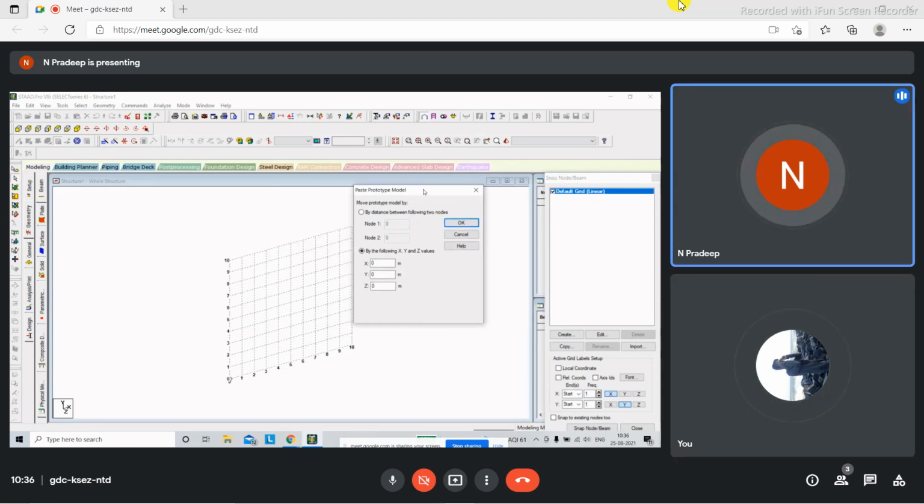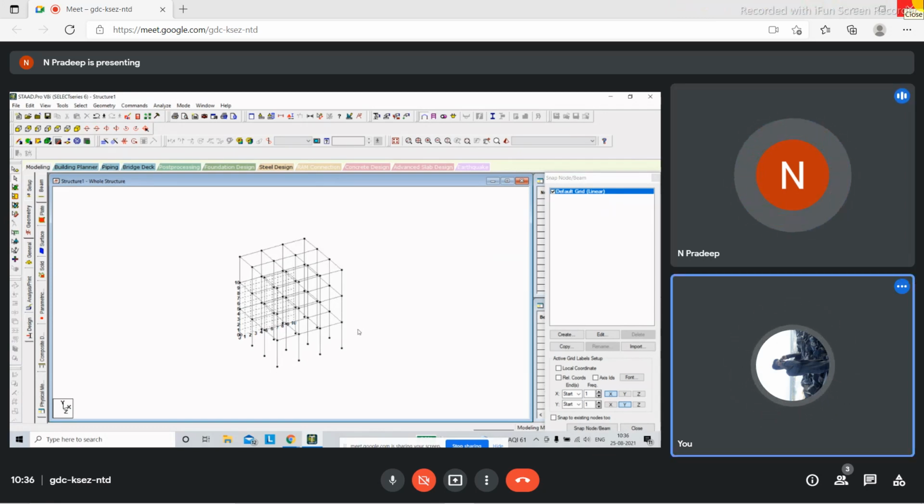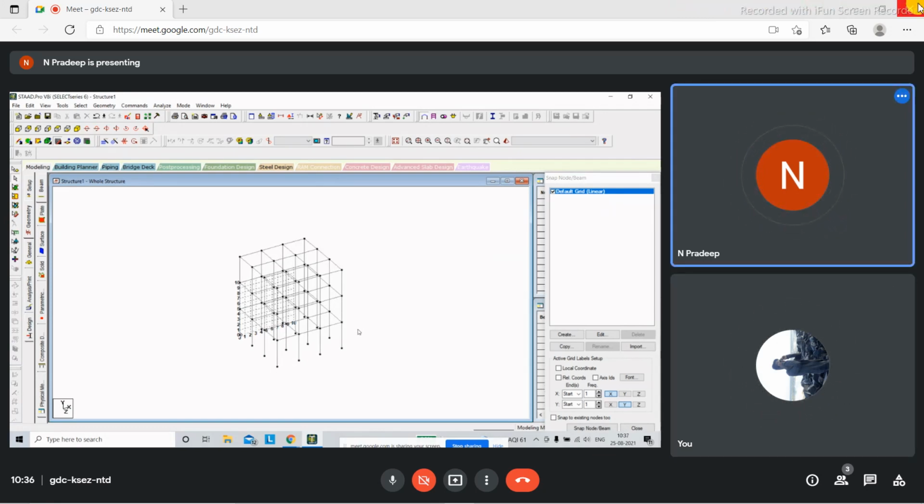Modeling is a job, Aman. Only when you have a proper model will you be able to establish all your design skills. It will take time for you. There is no shortcut to do that. Another option is that you can do it in AutoCAD and then export it into STAAD. That is one way, but that is a headache. Actually, the units that you use in AutoCAD will sometimes not be supported in STAAD Pro. Modeling will definitely take time, because positioning of the columns and positioning of the beams is very, very important. Only then you will be able to do the design and analysis properly.